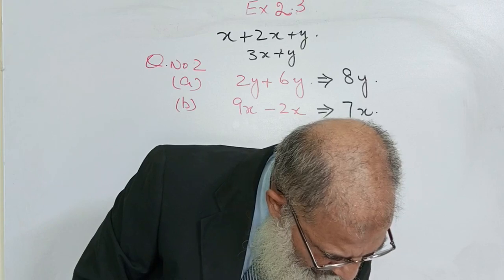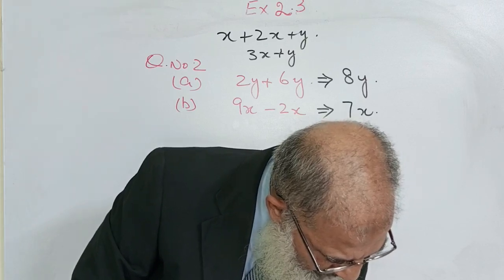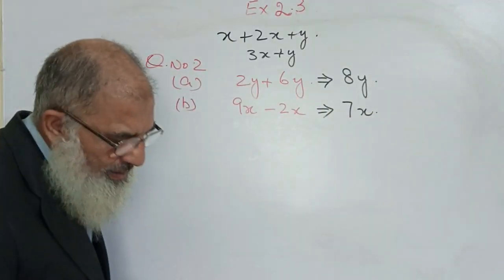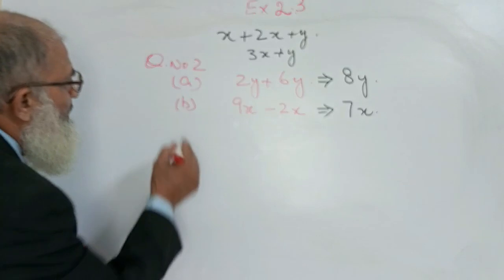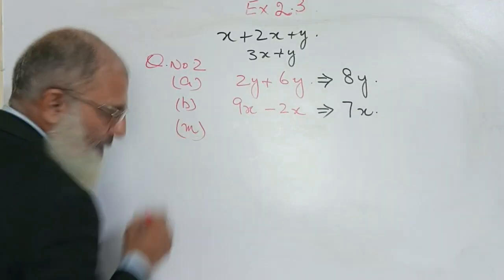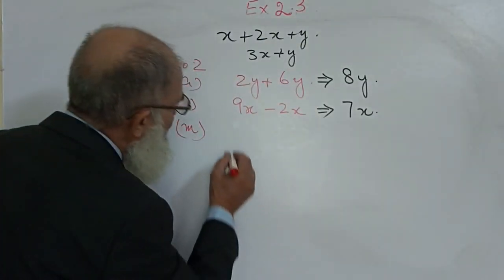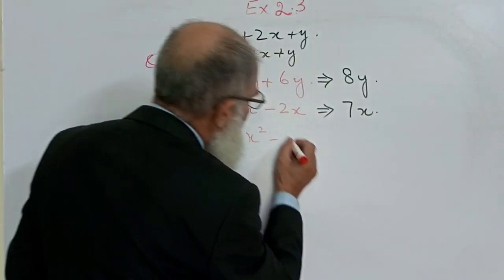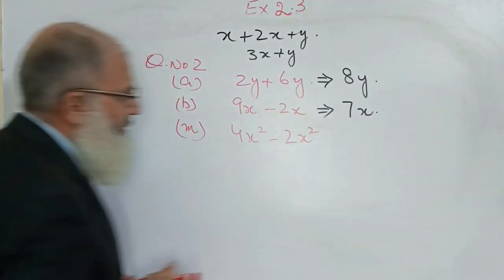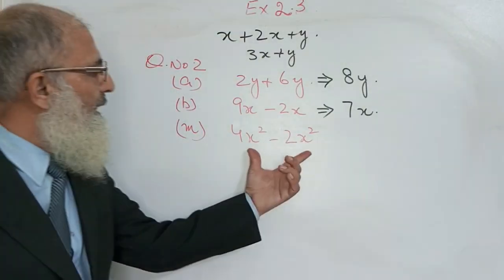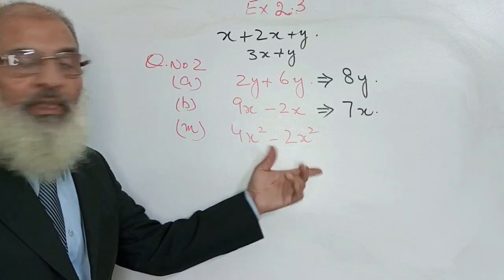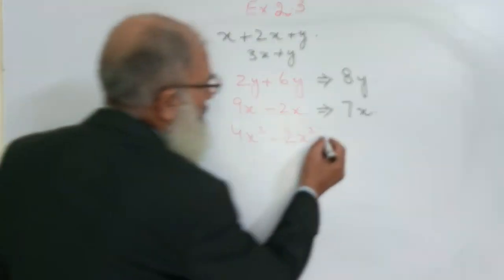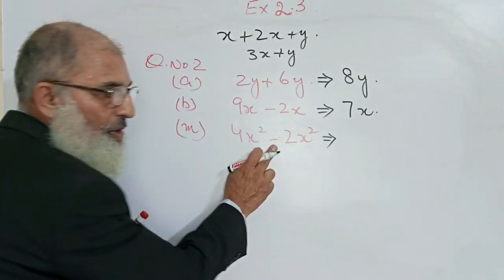So my dear students, there are many questions in this, but the questions are just the same. But to tell you about the second degree, there is a question: 4x square minus 2x square. Now again, these are like terms because same variable, same power. So go for the subtraction